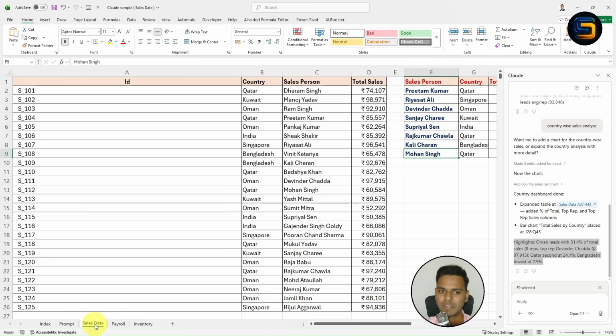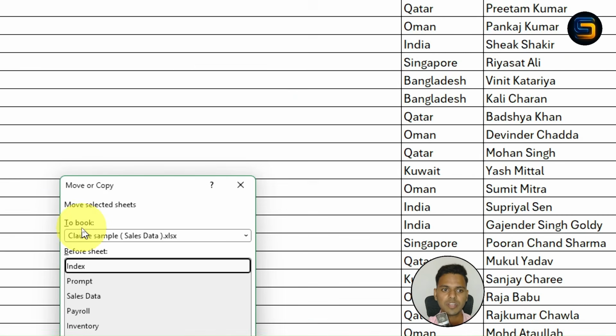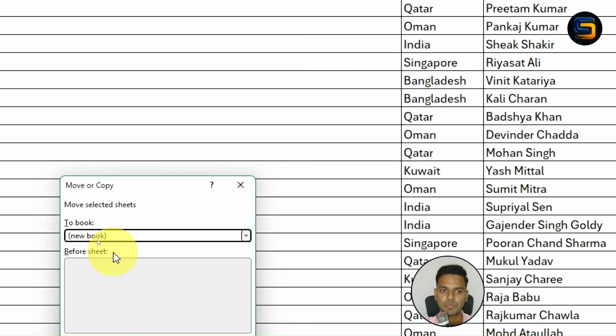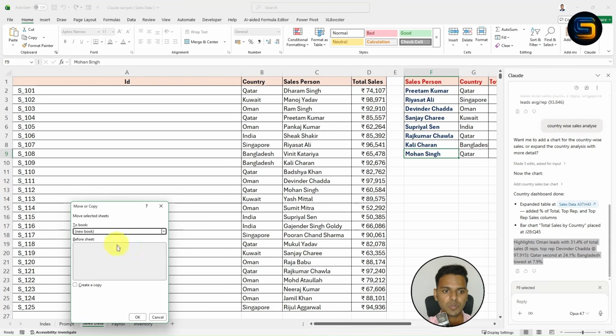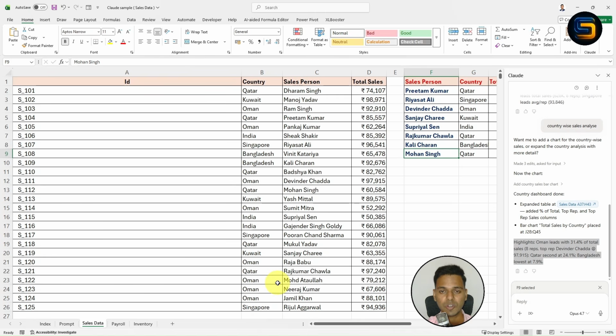So if you do manually, what you need to do is you need to right click on the sales data. You need to go to move or copy, right? Now once you click on move or copy, you need to select from here new workbook. So once you click on new workbook, now you need to check this option which is create a copy, and if you click on OK, now in this way you can create a new Excel file with the sales data sheet, right? But if you repeat for this all 5 sheet, it will take lot of time.